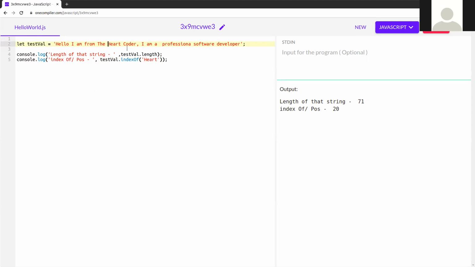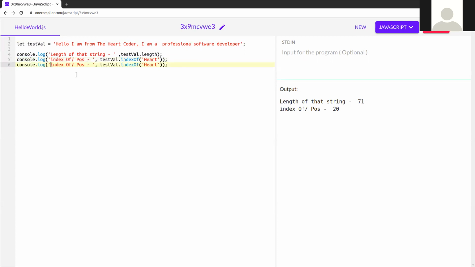Next is lastIndexOf. You can see there are two "am" substrings in the string. I'm going to check the last index of "am". If you use indexOf, it returns the first occurrence, but if you use lastIndexOf, it returns the index of the last matched occurrence.